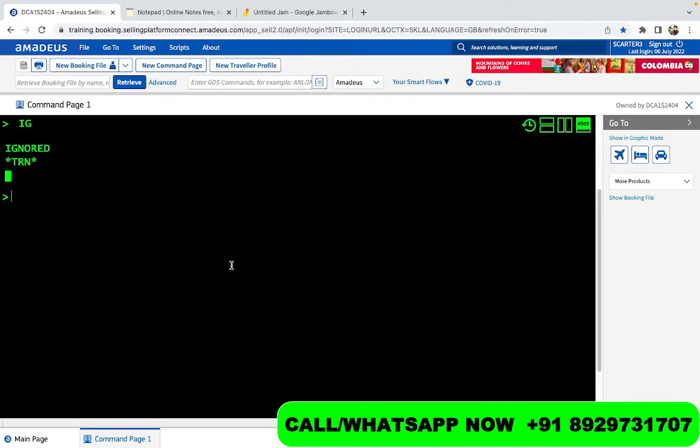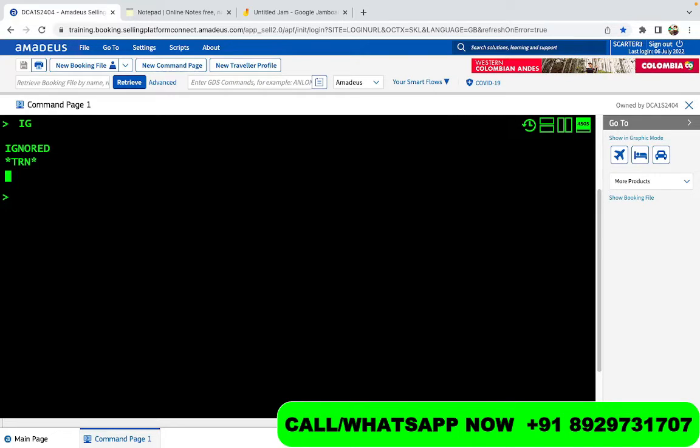So Amadeus would not take the name of a city. For example, if you write Washington in Amadeus, it won't accept it, because Amadeus only accepts the codes given by IATA. IATA is the International Air Transport Association, which is just like the topmost authority in travel, and they make sure that the flights are safe and every rule is followed. So they're basically the headmasters of this aviation industry. They make sure that everything around the world is followed, all the rules are followed, and there are no air safety issues for any passenger around the